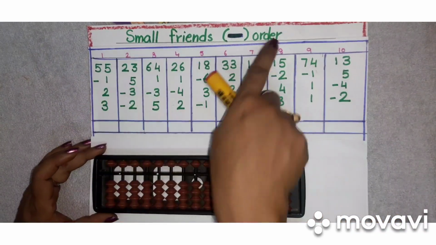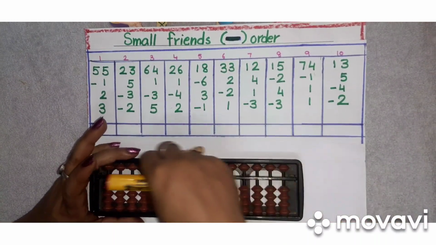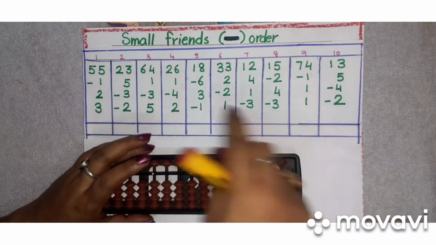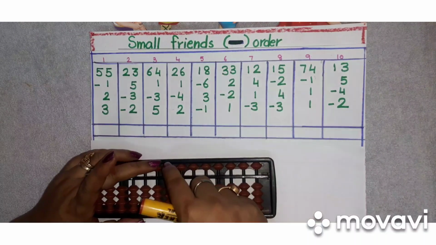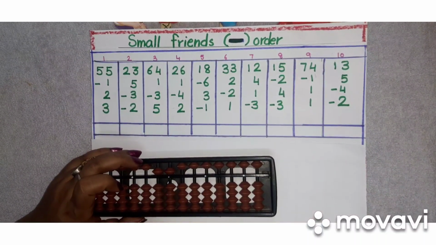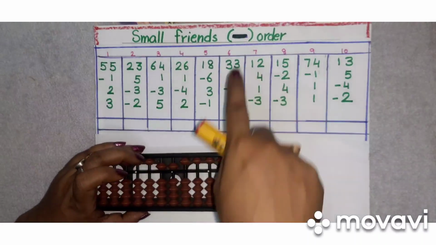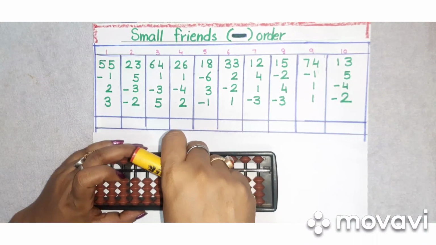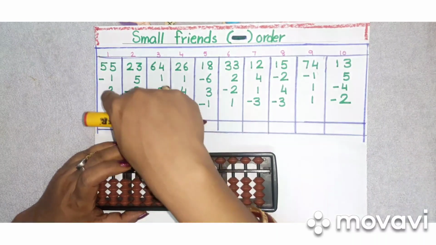Now let's start with a few examples so the concept becomes clearer. See, again we are holding the same finger and now we are going to use it. Now see children, the first question is 55 less 1. Can we do less 1, children? No. In that case we are going to do small friend less order. So 1's friend is 4. So less your boss 5, add your friend 4.